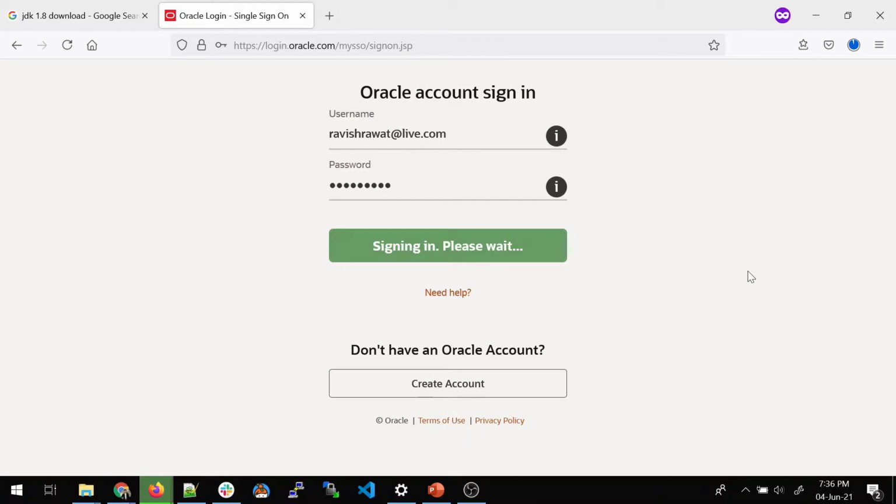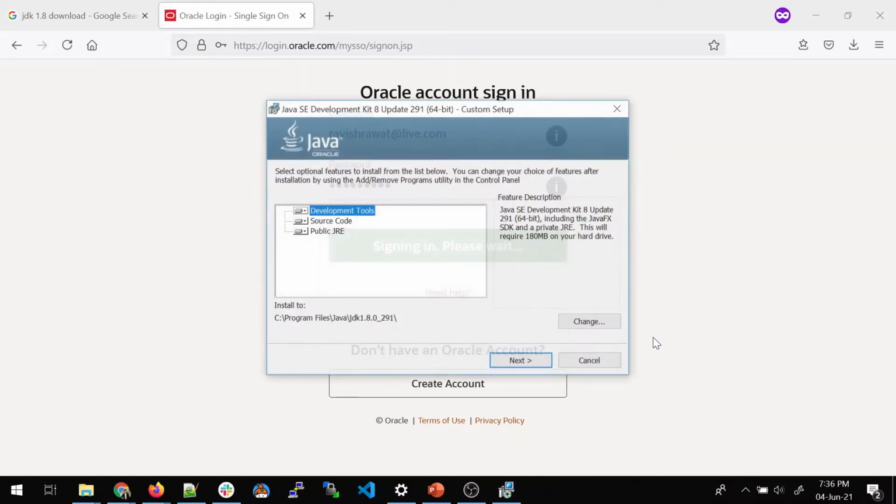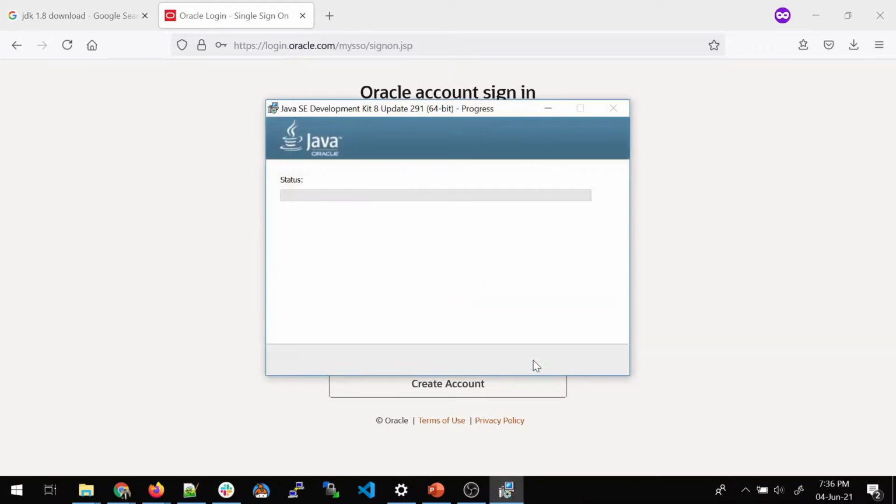So I think it's done now. All you have to do is you can start it from here itself, or you can go to the downloads folder. Once you click over it, it will take some time and it will appear in front of you for the installation part. Click on next. It will prepare to install. Again, click on next. It will validate the install and it will start the real installation.